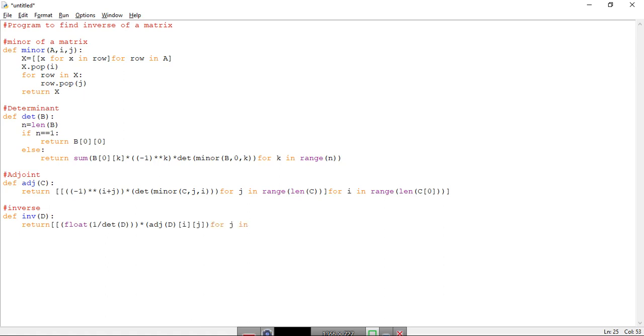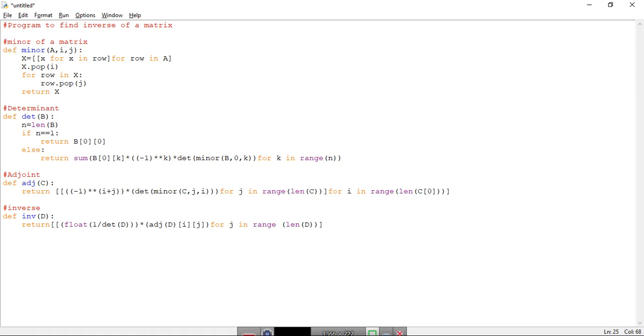j in range of length of D, close the brackets. Okay, this is complete.